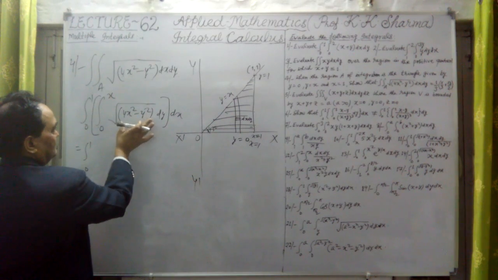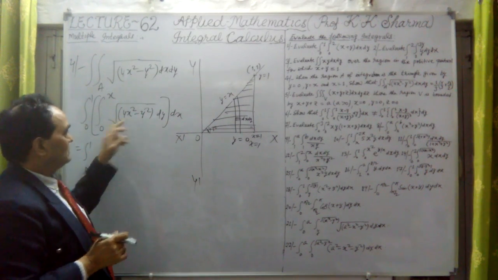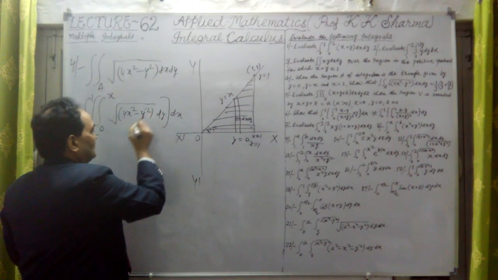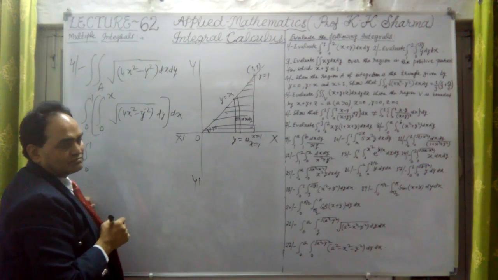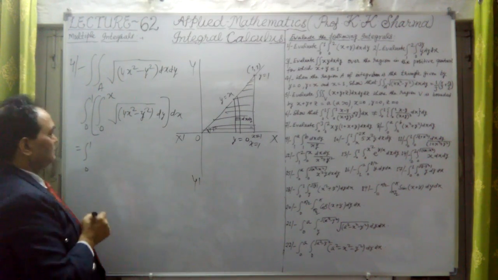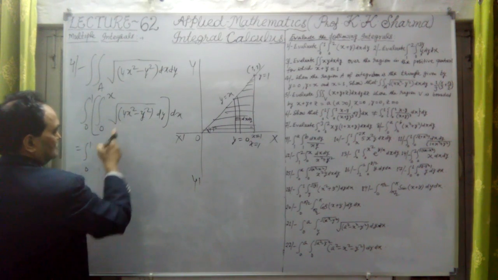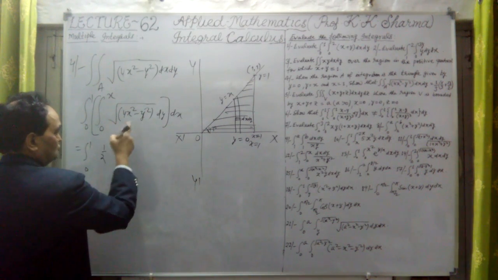First let me integrate this with respect to y. Y here is the variable and this x will be constant. This is the square root of (2x)² minus y². Integration of this will be 1 upon 2, into y,